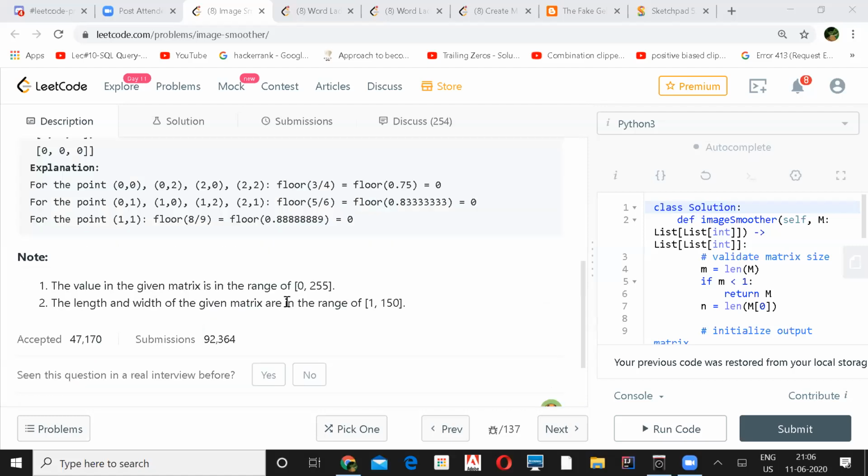If you see the note, it says the range is 0 to 255. So the current index at which you are calculating the grayscale need not be 0. It can be any number till 255.